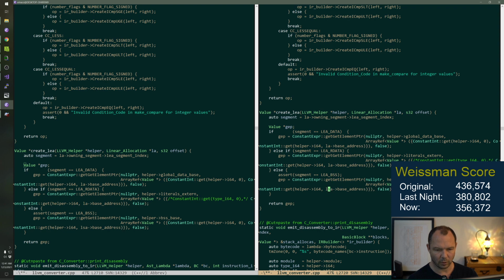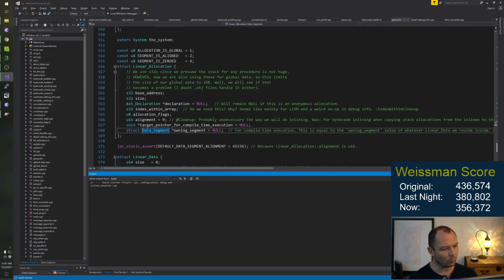Oh, I forgot to put in the offset. Very bad. Almost broke it. Almost broke it.